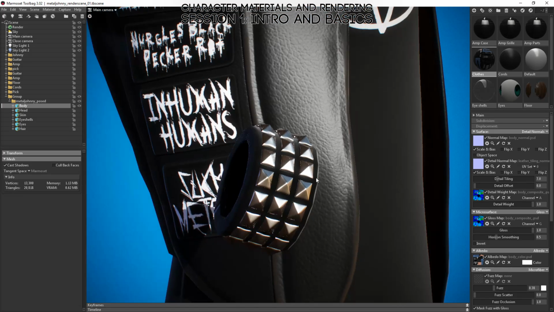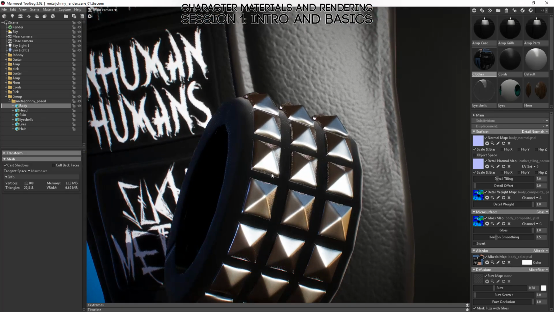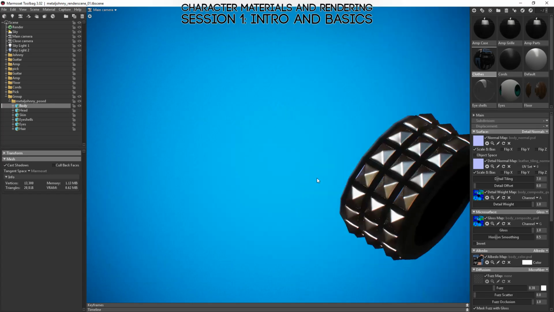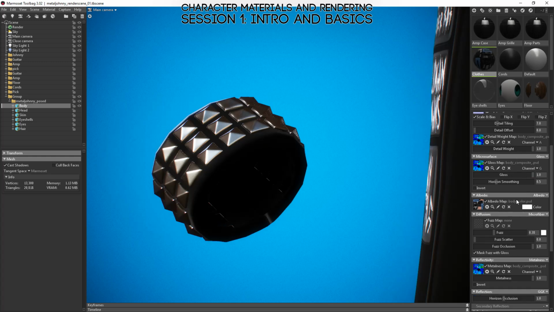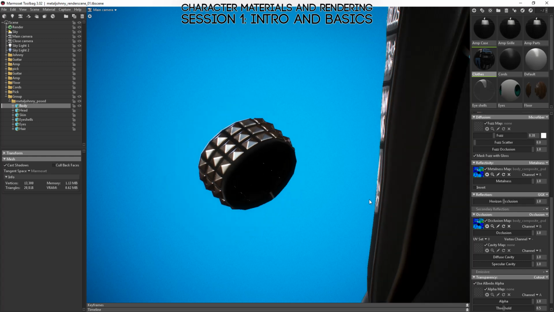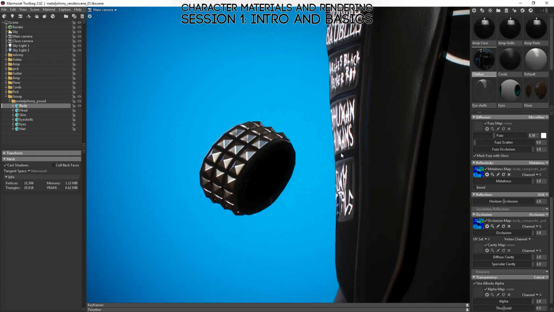First, for things like the cuffs, I've made sure that there is a difference in the specular value of the cuff itself versus the studs on the cuff. So the studs on the cuff have a very high specular value, which, if you turned it down, would make them look like plastic. So let's try that. If we turn the... oh, looks like they're using a metalness map, but the point remains the same. And actually, that's going to be a little more useful for us right now if I want to demonstrate the difference between